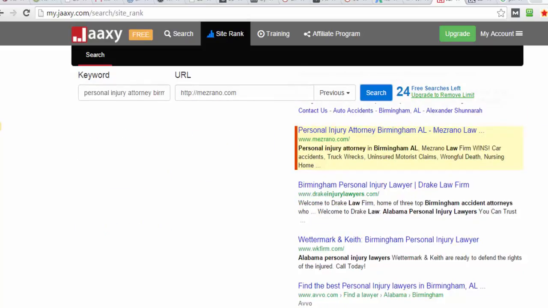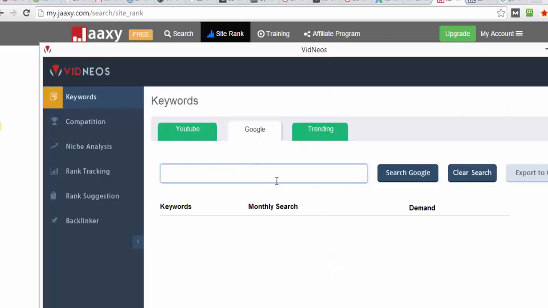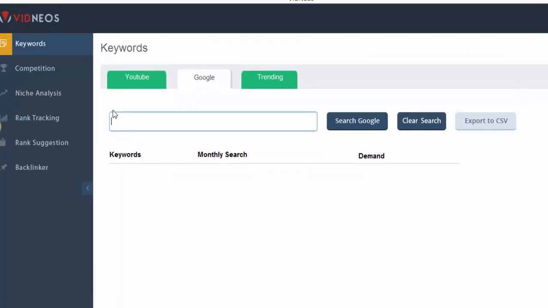It doesn't give you a lot of the tools that you need to rank better. But this is one of my favorite tools, and I think it's $37 for one site, and it is amazing. This is where you can do niche research. I love it. If I was going to do plumbers in Birmingham, Alabama, I'll search that, and it's going to pull up how competitive this niche is and maybe some keywords to target.